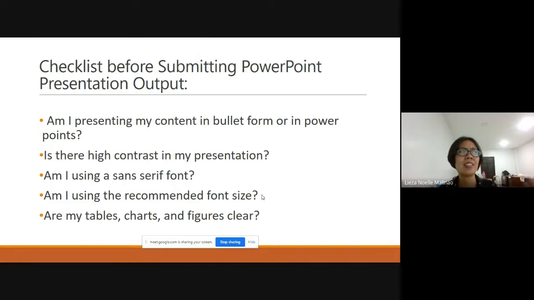In an ideal setting, a face-to-face setting where you present a PowerPoint presentation, we are now back to face-to-face classes when you present your research results later, when you present the results of your thesis, or when you defend your thesis. Usually there will be maybe 15 people in the room. There's your panel, and the other participants